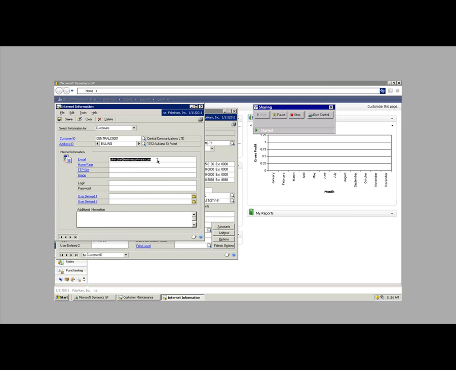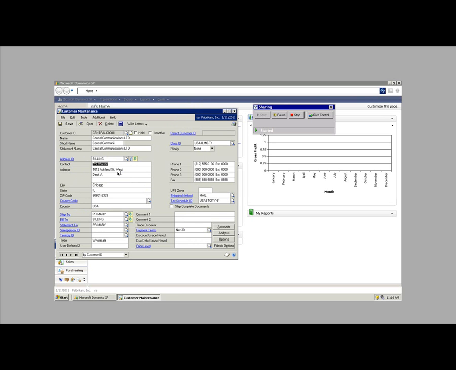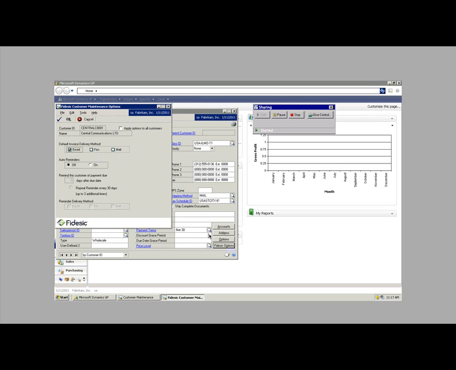So as far as emails that you send these invoices to, it'll be pulled right out of the email field within GP. As far as mailing addresses, this will all be pulled out of GP, and the same is true with fax numbers. The thing that we will add into the system, though, is our Fidesic Options button here, and this will allow you to select your delivery method for this particular customer. Of course, we're going to pick email here since we have an email address on file and this customer has